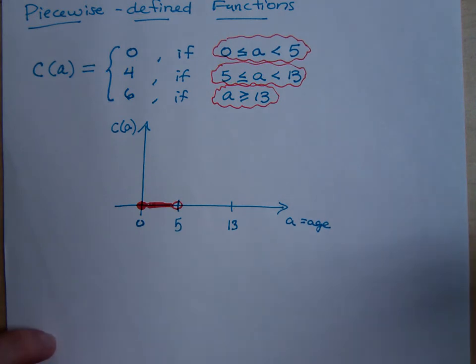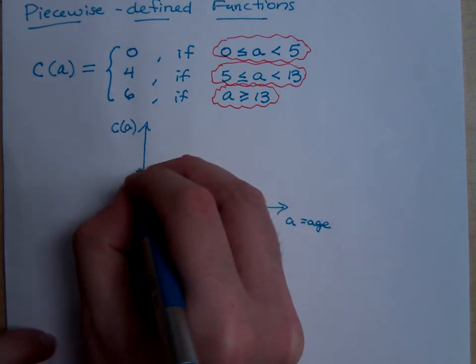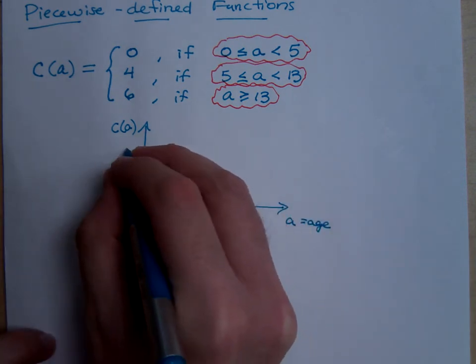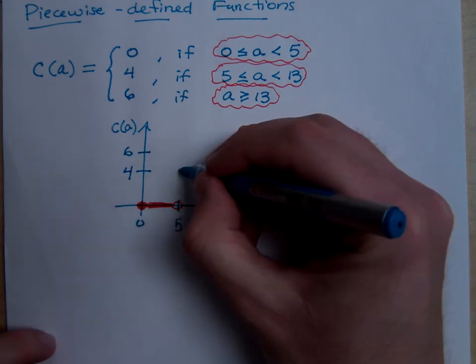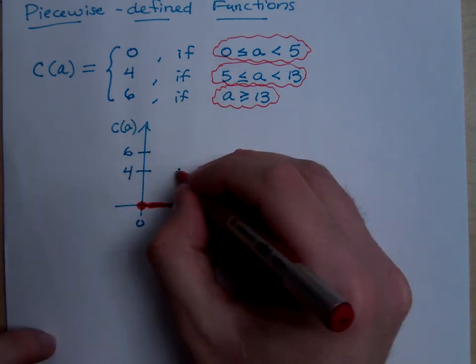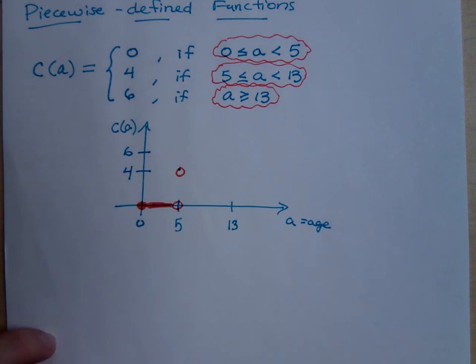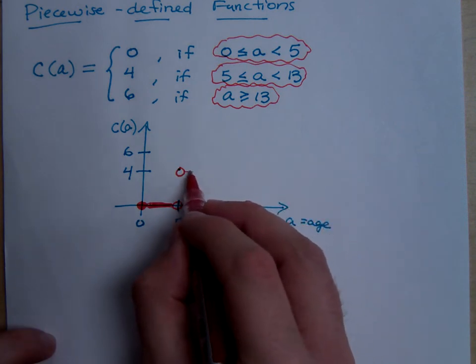What happens as soon as you are equal to 5? You jump up here to the $4 level. Do y'all agree? So you jump up here. Let me do this. And so the cost is $4 between 5 and